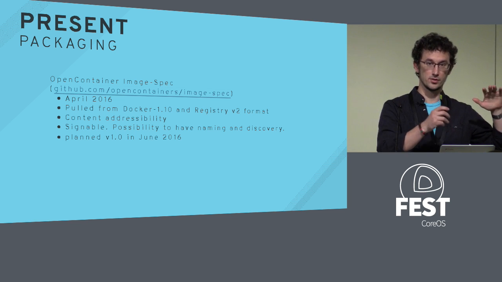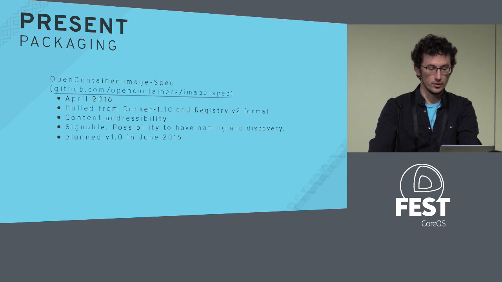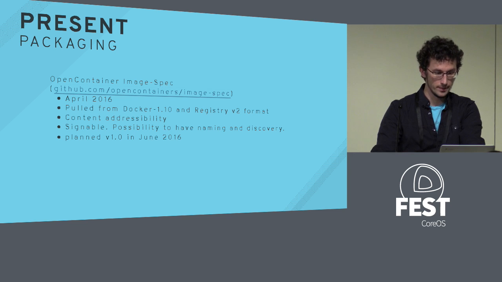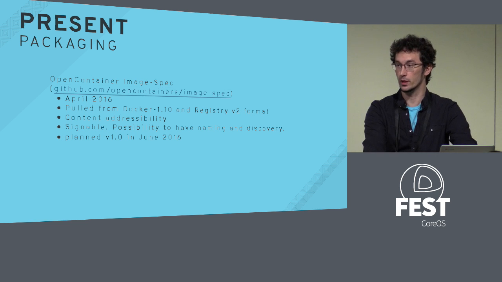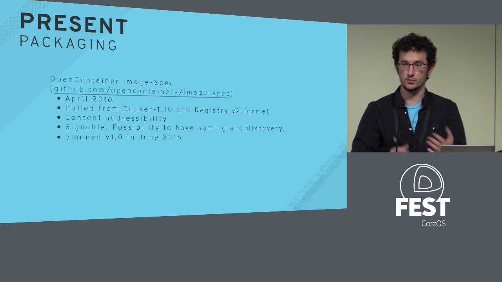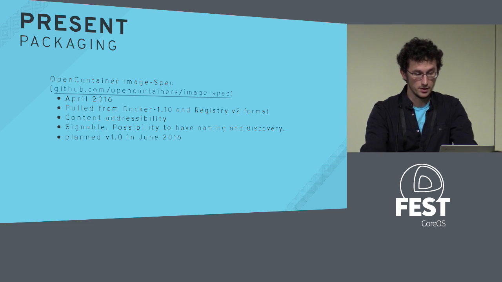So there's now not just a spec, but a runtime spec and an image spec, so that we can address some of the items like content addressability, the ability to sign an object in whatever your framework is, and now to start building on a fully qualified name that's not specific to an API, and whatever discovery it is that you need to implement, so that you could actually piggyback aspects of the application container spec discovery and otherwise here.